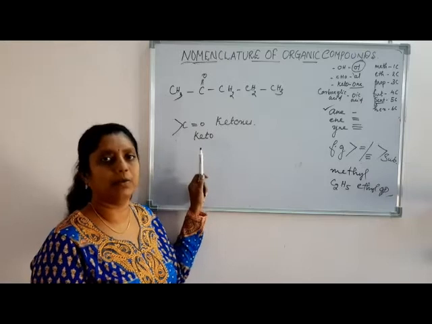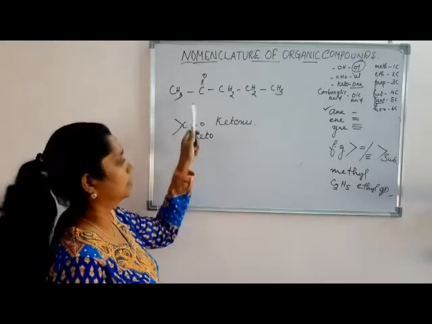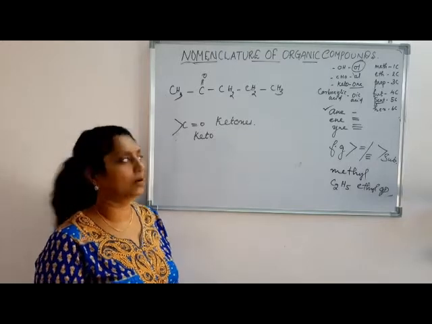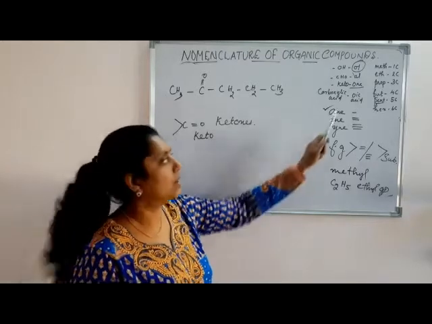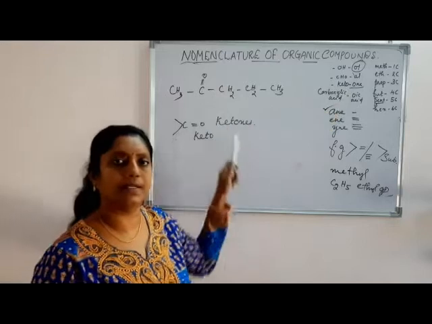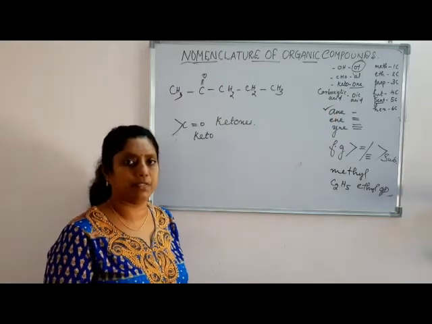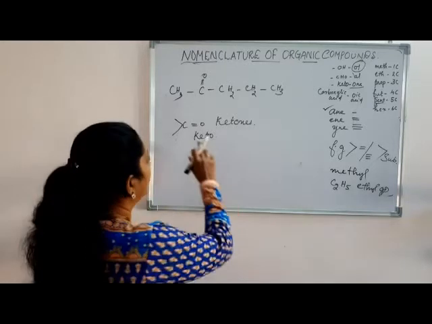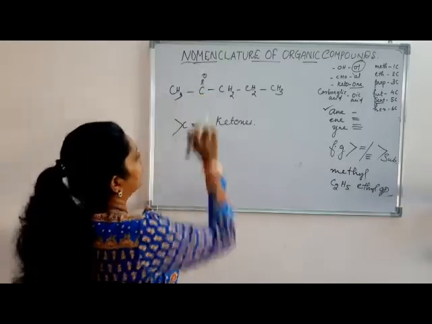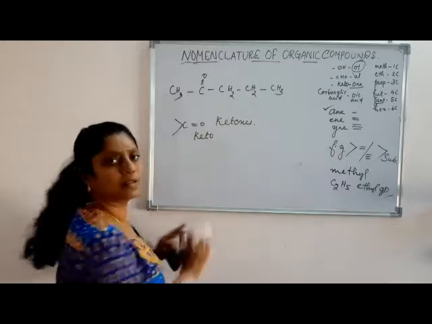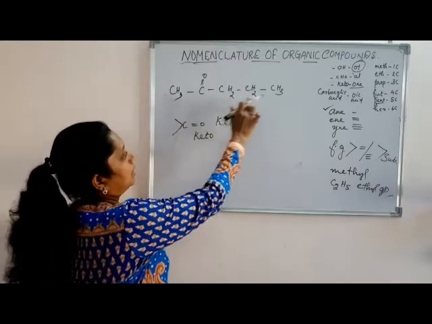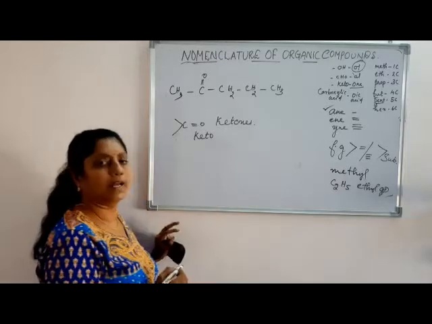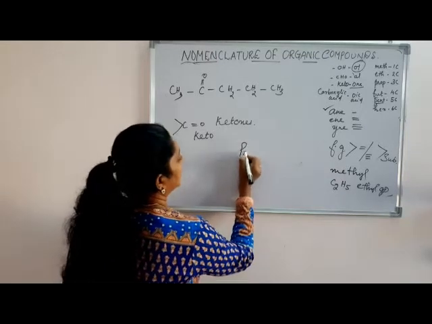This is the next compound. It contains a functional group, the CO group. The CO group is called the keto group. When this group comes in the compound, the suffix used is ONE. We have already discussed the functional groups in my previous video, so please watch my previous video on functional groups. And here the CO group is present and the longest chain contains how many carbon atoms? 1, 2, 3, 4 and 5 carbon atoms are present. So the word root for 5 carbon atoms is pentane.